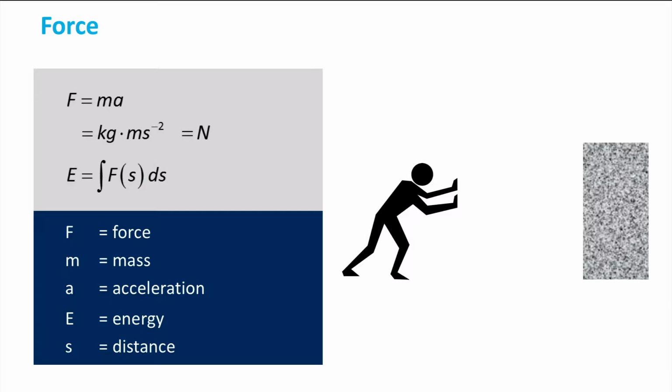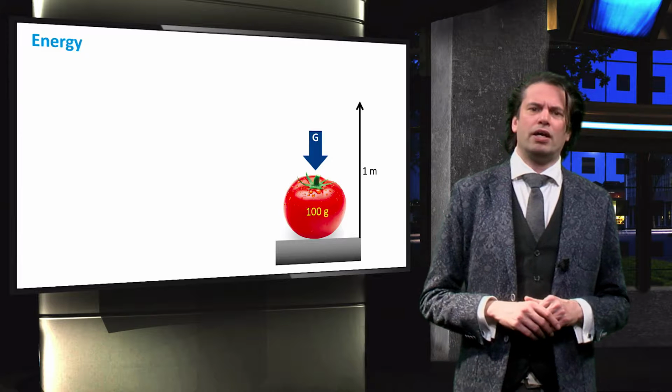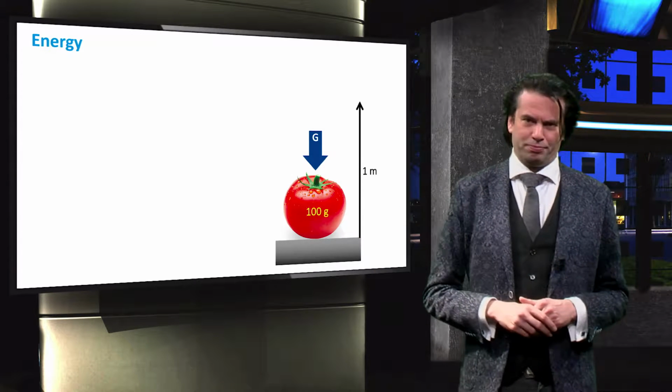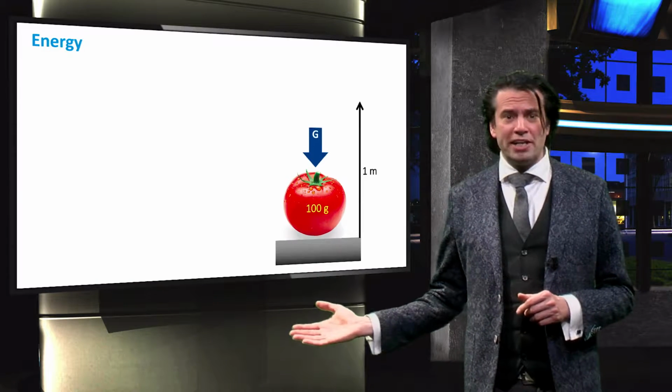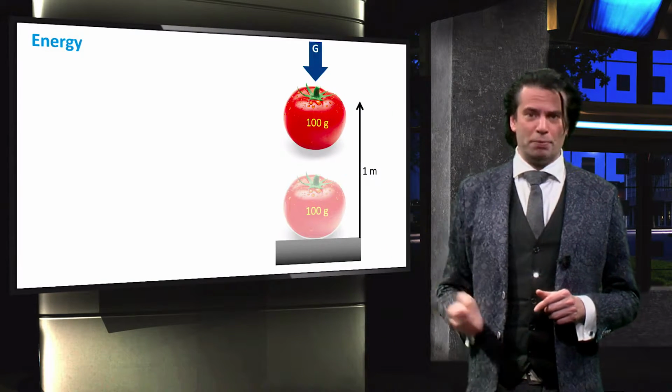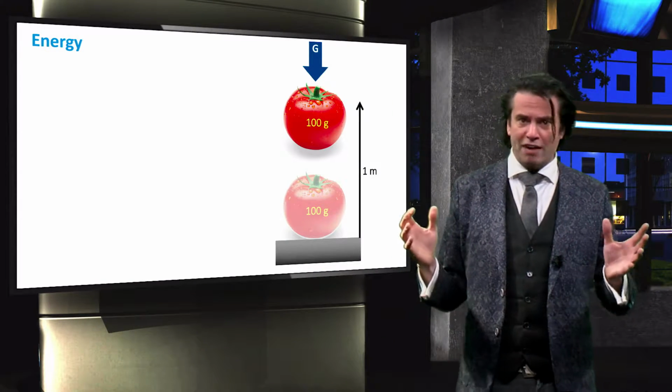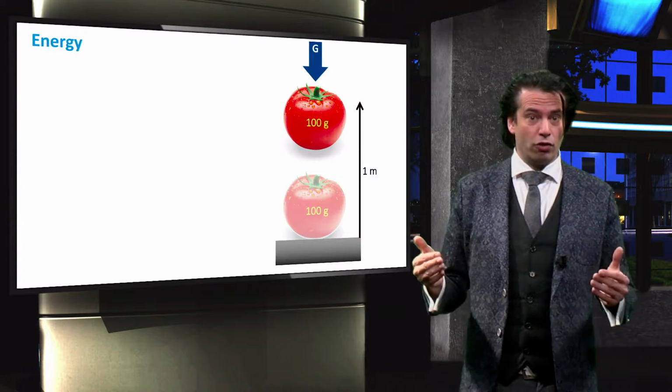Energy is a very useful concept to evaluate an amount of effort to accomplish a system change. Or, to put it simply, the ability of a system to do work. Let's put this definition of energy in practice. Here we have a tomato. We lift the tomato up to a height of 1 meter, for which we have to overcome the gravitational force